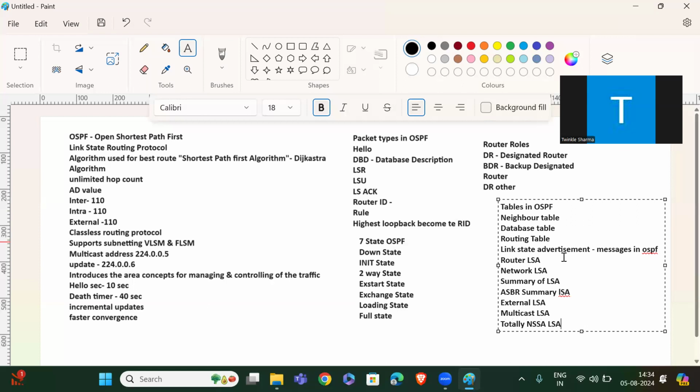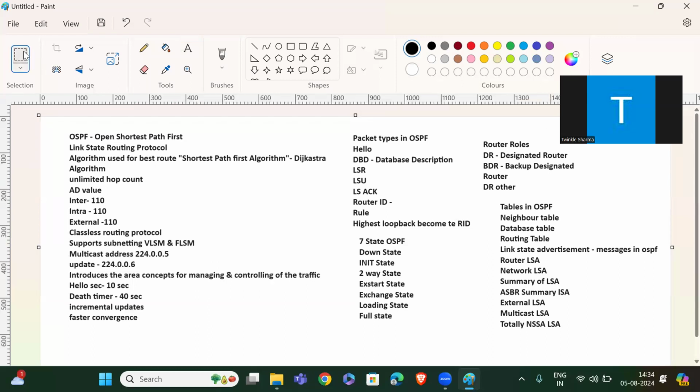Then, anybody tell me, if we have no AS number in OSPF, how do routers make neighborship? Anybody tell me? So routers will make neighborship on the basis of area. Some area numbers can make neighborship. The backbone area, we can also say the centralized area 0, must be directly or indirectly connected to all the areas throughout the network.